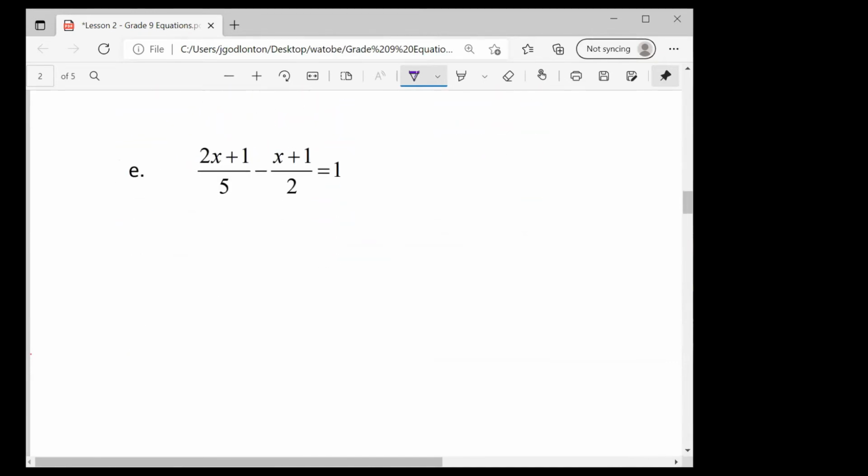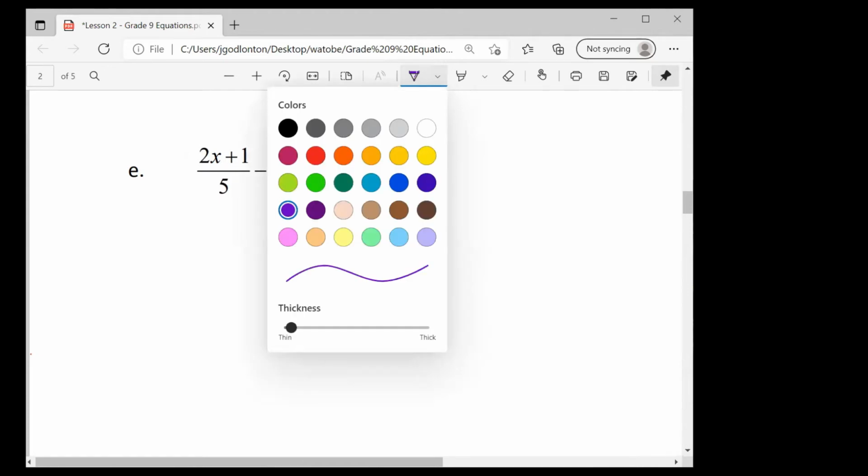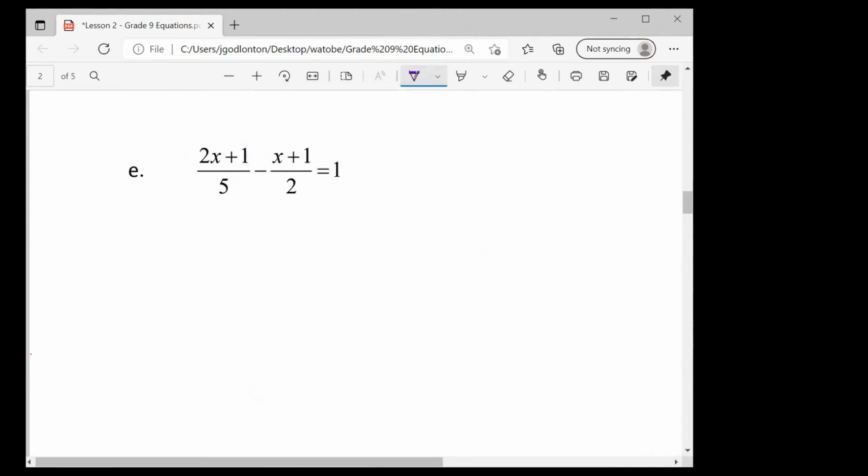Oh, look at this. Oh, it's so nice. Okay, you know what though? I'm going to help a little bit here because it's a little bit nasty. When we have two terms in our numerator, we have to be careful when we're working with our LCD. So here that would be a 1 over 1. Now my LCD is definitely going to be 10.